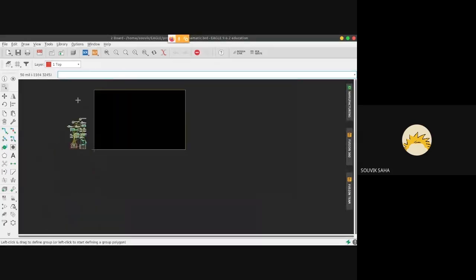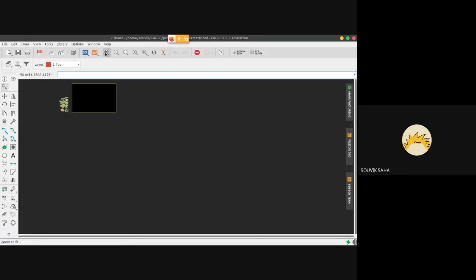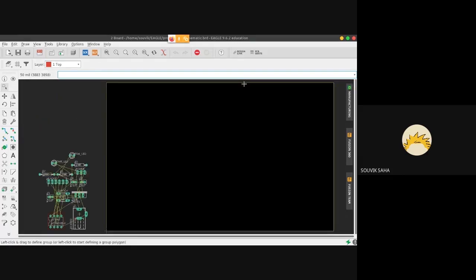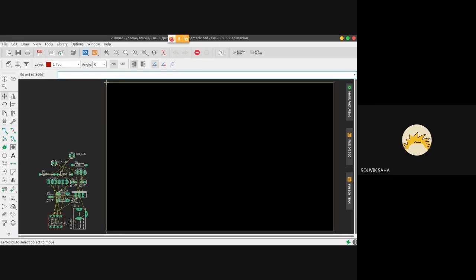First of all, we need to place the components on the board. This yellow outline that you can see over here is the area that will be created into a PCB. First of all, click on the move icon. We don't need such a big PCB actually, we can make it smaller.